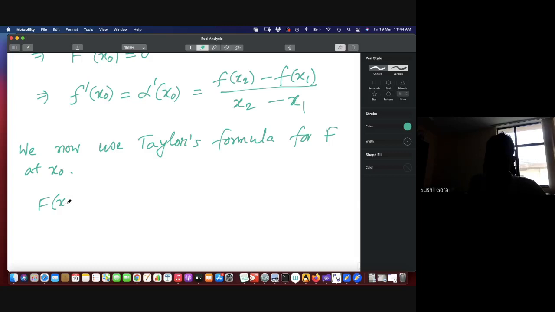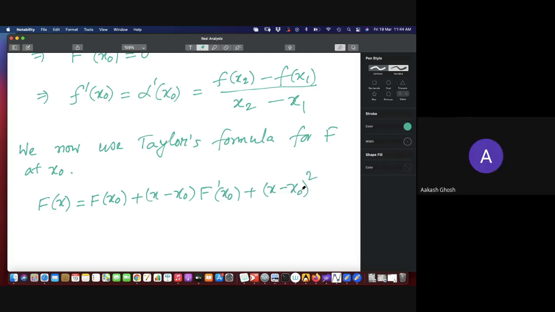So capital F of x will be capital F of x naught plus x minus x naught times capital F prime of x naught plus x minus x naught square